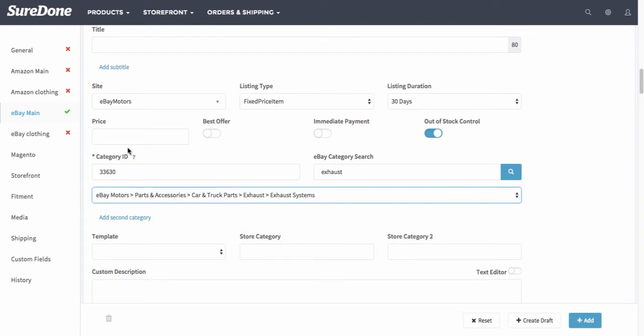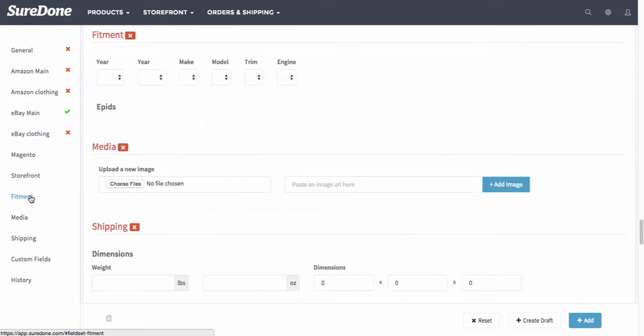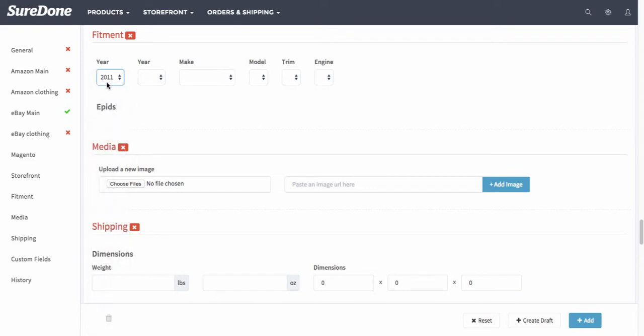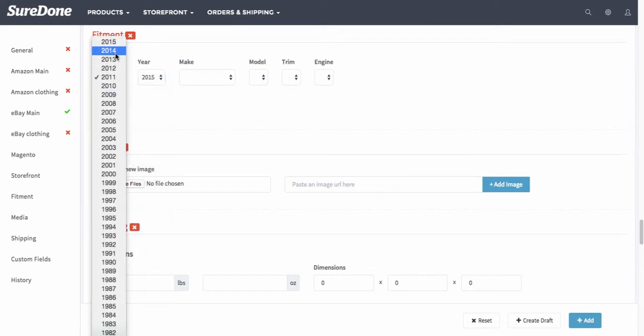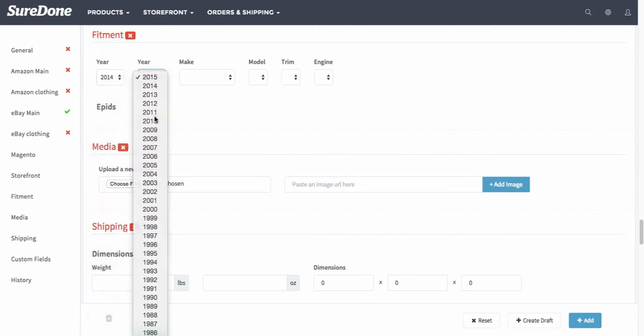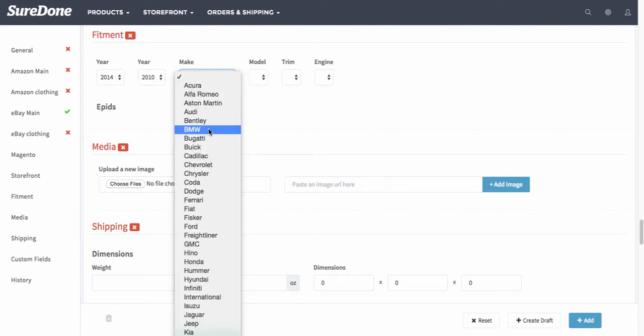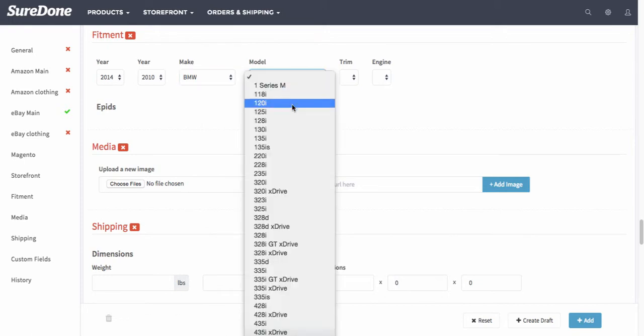Once I've done that, it's created a new section down below here on the left. You'll see fitment. I could go down to this fitment section and select ranges. Now, you could go from 2011 to 2015, or if you want, you could select it in reverse order, 2014 to 2010. Our system's intuitive enough to know which order you're trying to go into. So if I select 2014 to 2010, I could select my BMW parts,